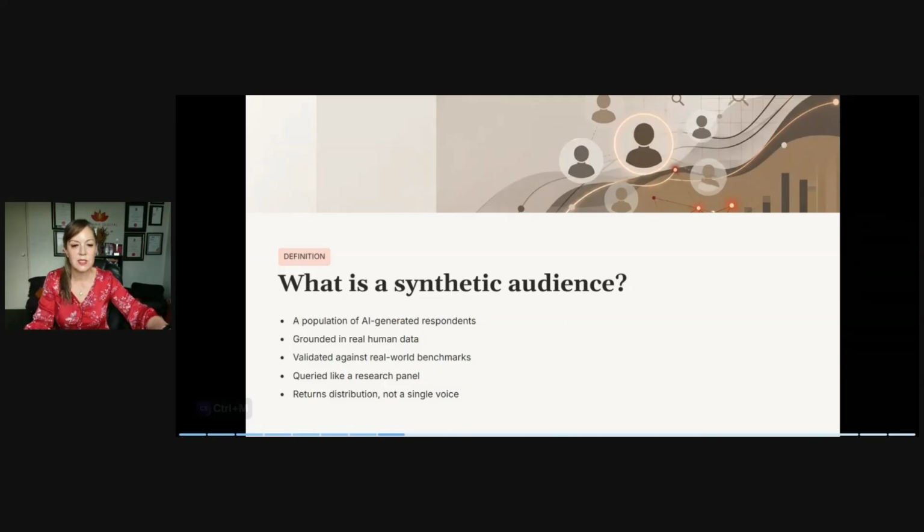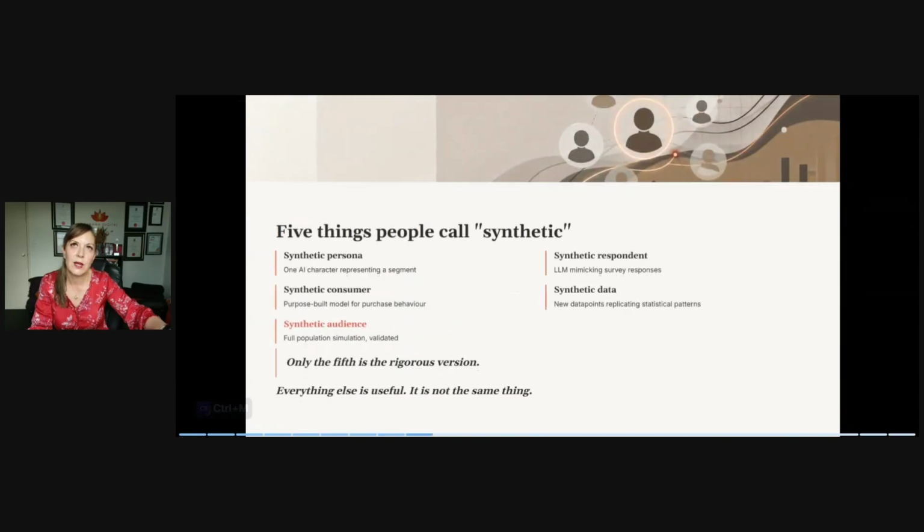So it's not just a single voice, but multiple. That's becoming more and more talked about because it means that we could possibly do our surveys and test our research and our messages with a huge audience if it's synthetic rather than trying to find real people. But there are different things that people are referring to when they're talking about synthetic audiences.